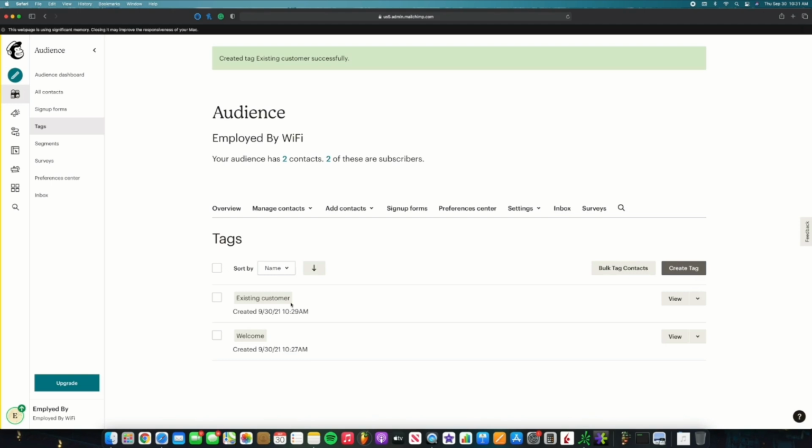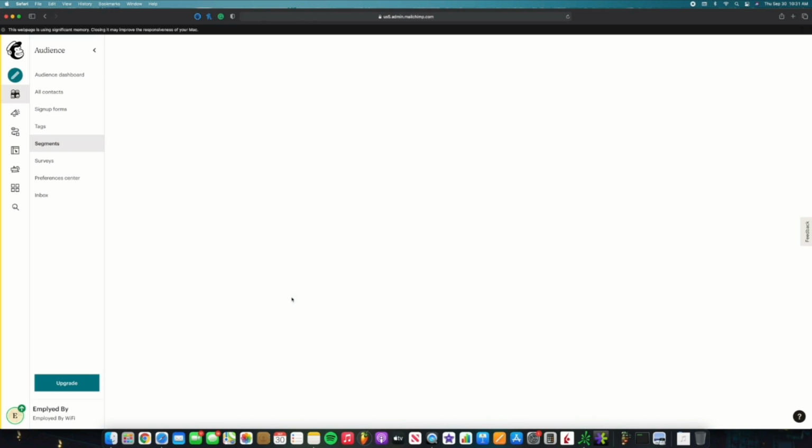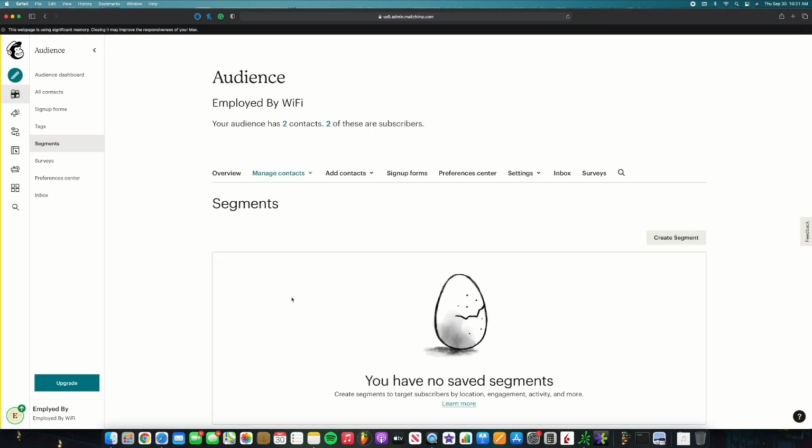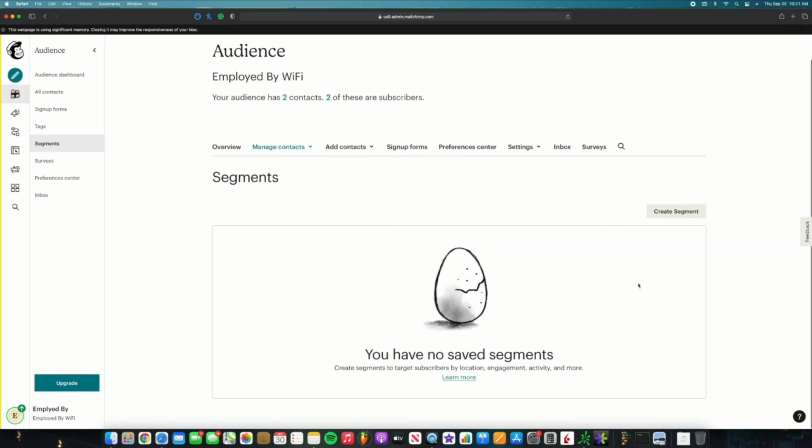Okay, so now that you know a little bit about groups and a little bit about tags, the last thing that I want to talk about in this section is going to be segments. So again, if we go to Manage Contacts, this time down to Segments, a segment is going to be a little bit different. This is essentially going to be a way for us to filter the people in our audience by specific criteria. So for example, if we wanted to create a segment here,